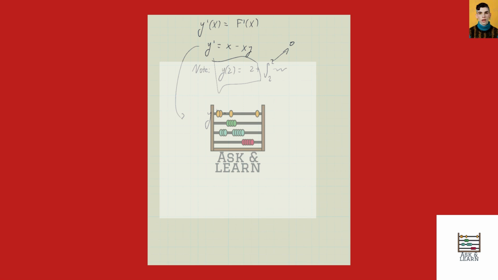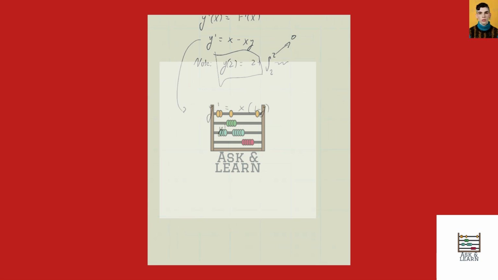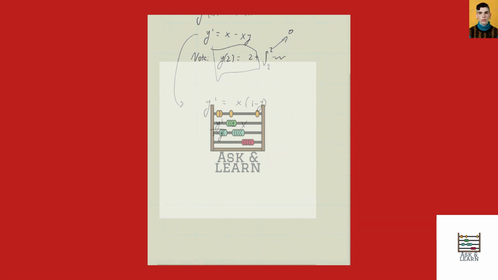Specifically, we can factor out the x's from the right-hand side, so we get y prime equals x times 1 minus y, which means that y prime over 1 minus y is going to equal x. So integrating the right-hand side, we get x squared over 2 plus c, and integrating the left-hand side, one moment here,